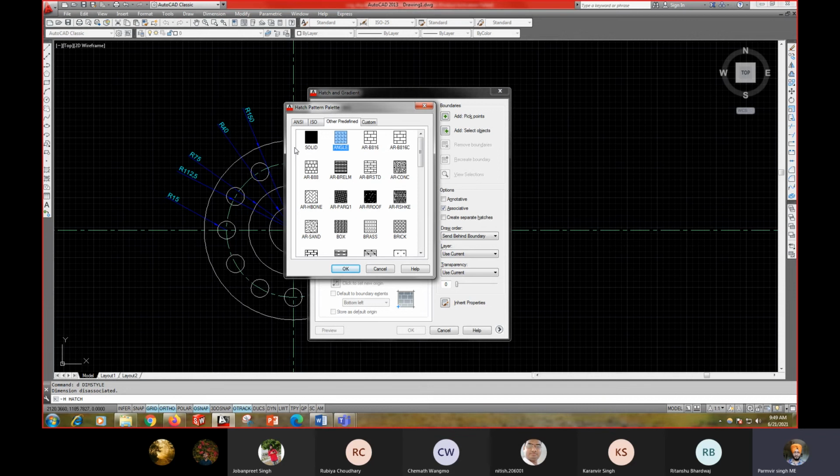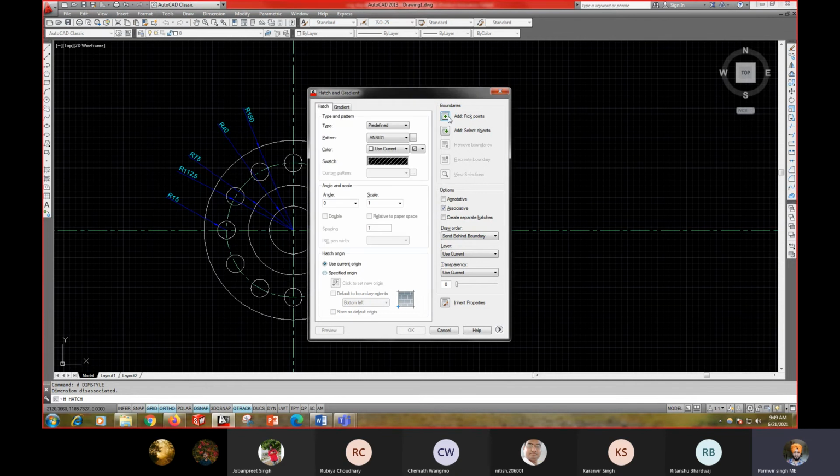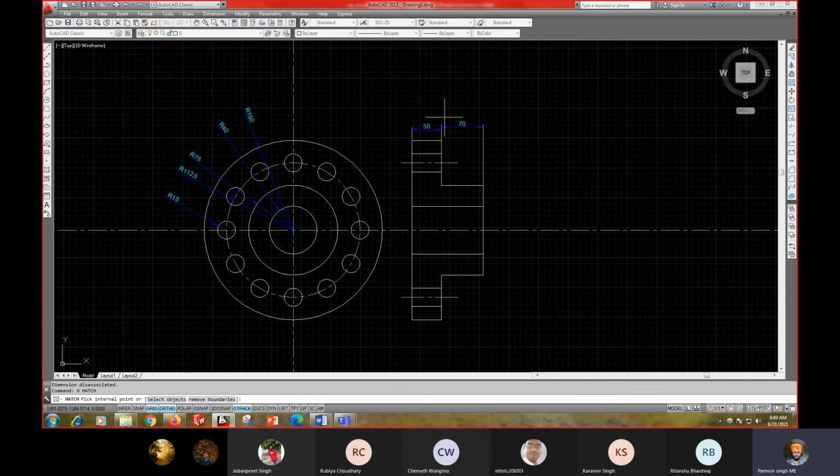Now next one, select the ANSI. You can select the pattern, so I want the first pattern, then OK. Then go to add pick point. Okay, internal points. So I select the internal points, then select the area.